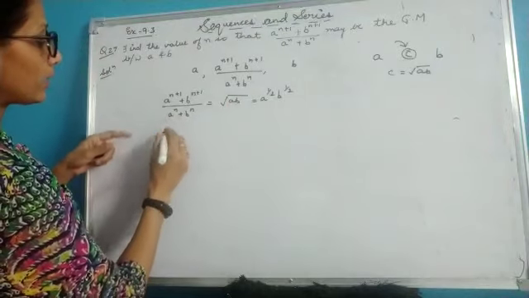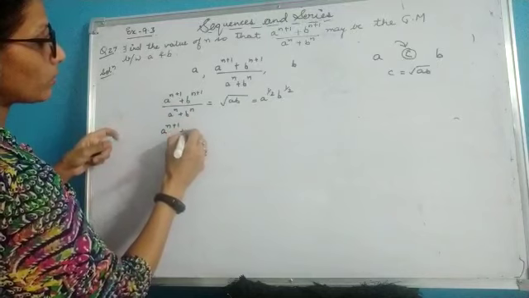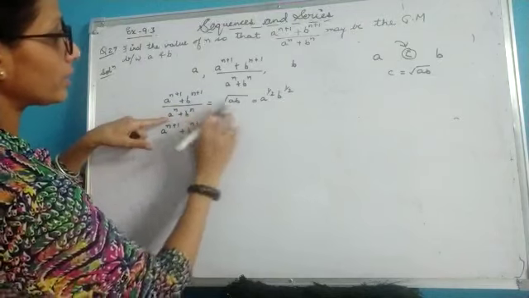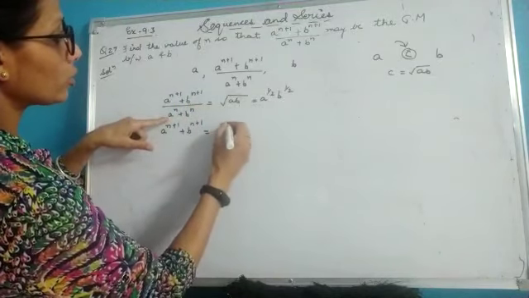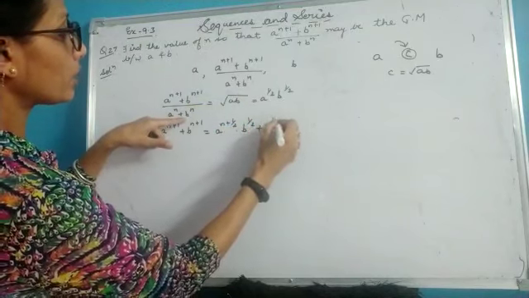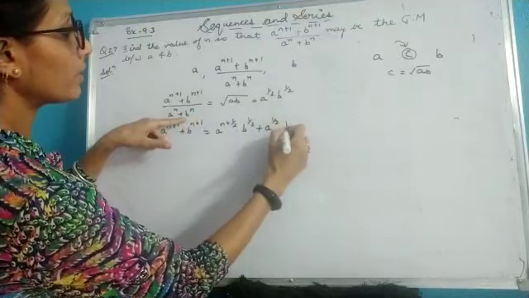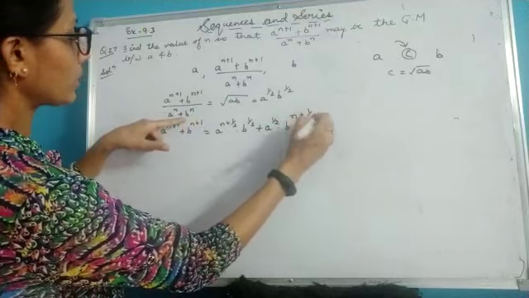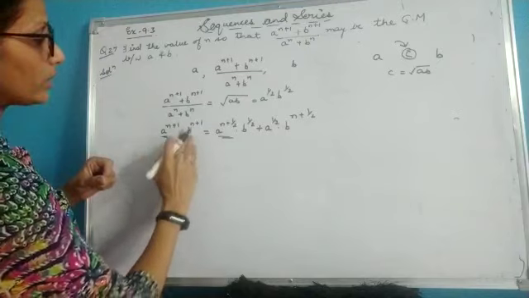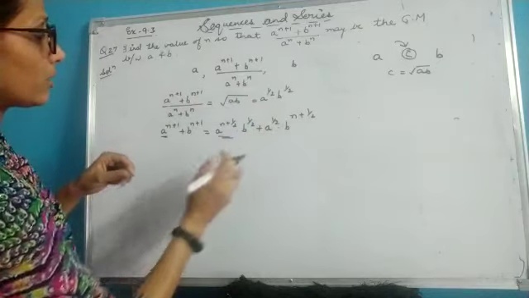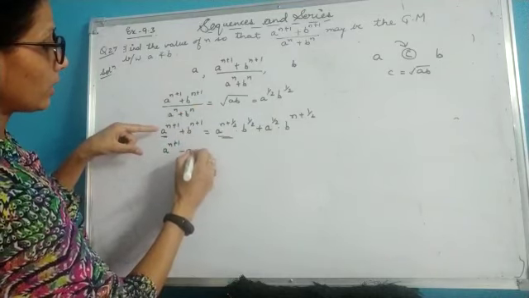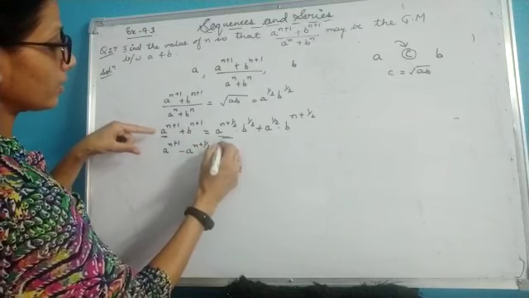Now I will be cross multiplying it. So I will be getting a raised to power n plus 1 plus b raised to power n plus 1 equals, multiply this. So I will be writing it as bases are same, powers will be added. So n plus half into b raised to power half plus again a raised to power half. Here bases are same, powers will be added. So b raised to power n plus half. Now this term and this term can be taken on one side, and this term and this term can be taken on the other side. So after transposition I will be getting it like this.